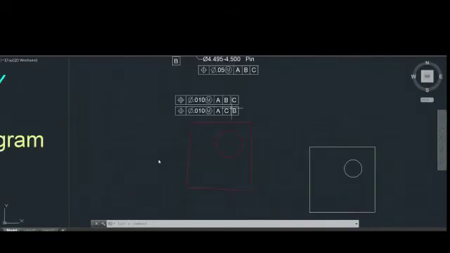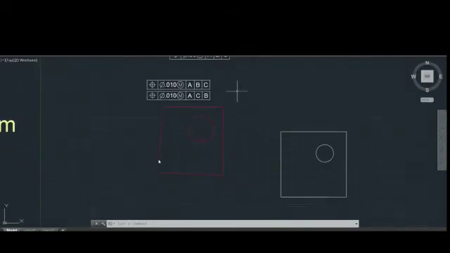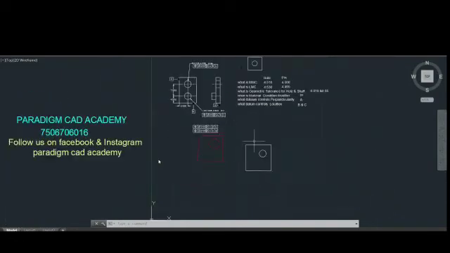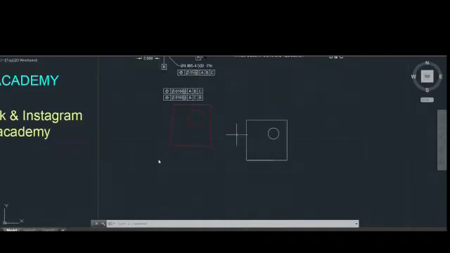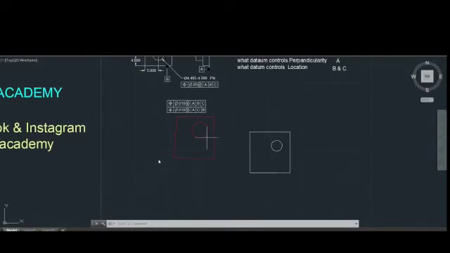So in today's session, we will be discussing two different cases. In one case, I have specified primary datum, secondary datum and tertiary datum as A, B, C, and in the second case, I have specified them as A, C and B. Okay, so remember my back face of this part, that is a part with a pin feature, is datum A, then the horizontal surface will be datum B and this side will be datum C. Okay, so this is the part with a pin and this part is made with a hole feature.